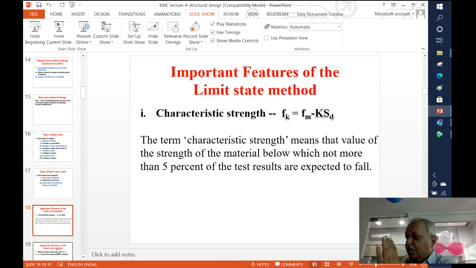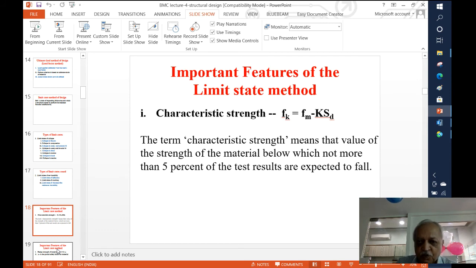So now we say that we have got a material which is to be designed to carry certain load. So we have various design criteria depending upon the method you are using. Firstly, let us see what is the strength of the material, like concrete. When you say concrete is to be used for design purpose, then I need to know what is the strength of it. Now when you determine the strength of concrete, the easiest way, and which is currently followed everywhere, is to take out cubes of concrete, test them in laboratory, and then you have got some averaging process for determining that I have tested so many cubes and this is the average strength of that.